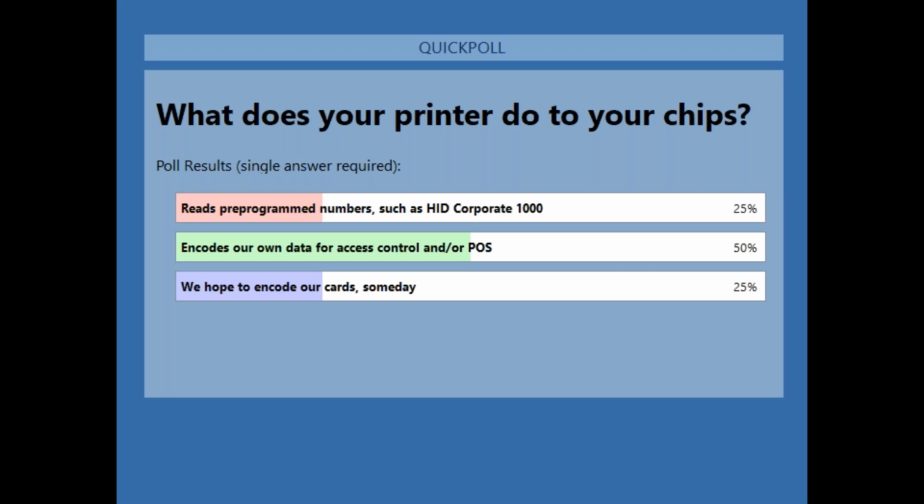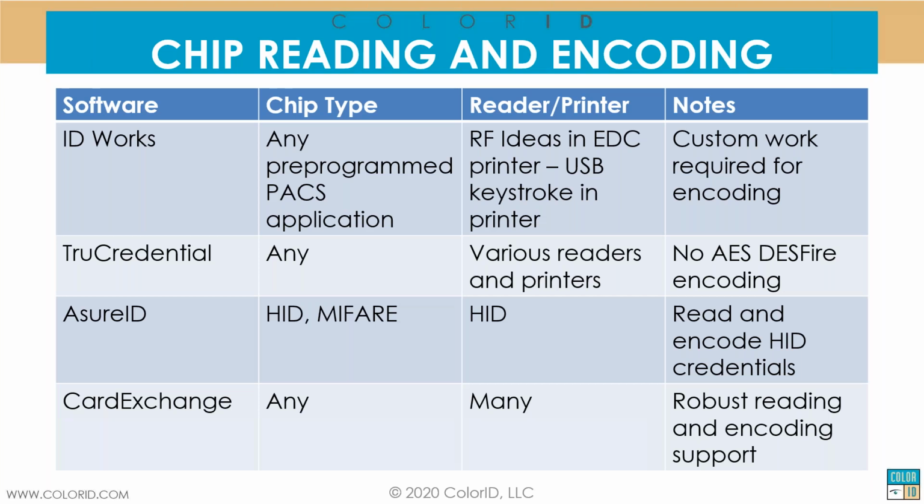All right. I'm always surprised, based on these responses to these polls, as we've gone through this a number of times, that a lot of people are encoding their own data to their contactless chips. That's pretty cool, and no small feat there. It is a lot of work to get that set up on somebody's part. Now, if you buy a turnkey solution, it's all ready to go. Somebody else did that work and you enjoy it, but either way, getting this stuff to work well and consistently